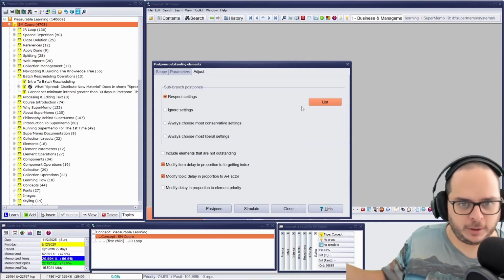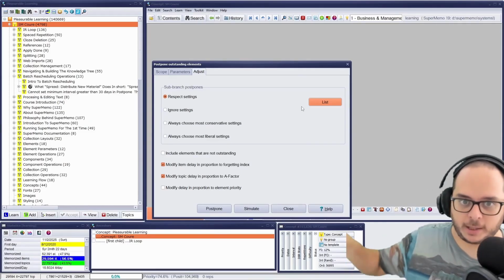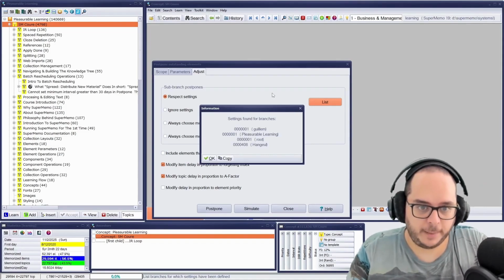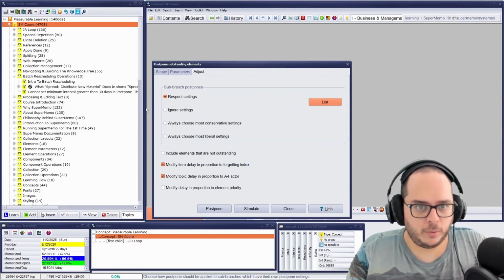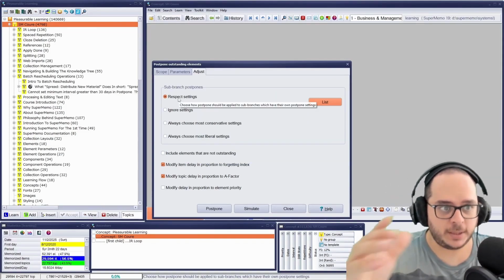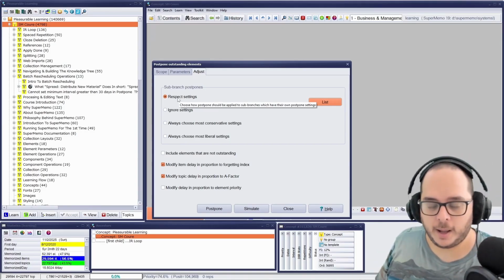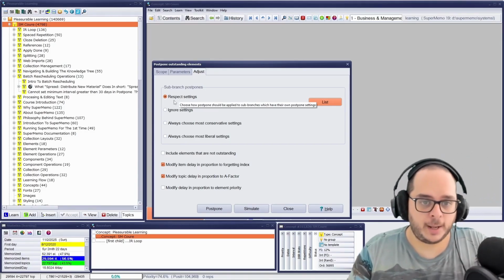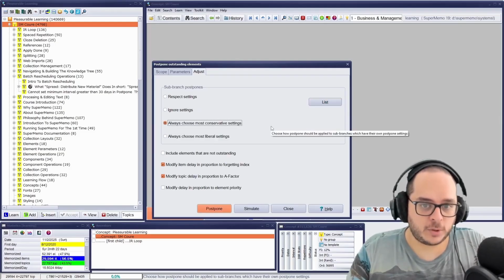Even if it's low priority, it will be more lenient. Or I will forget everything, right? So first you're going to click on the list to see what you have done already. Then in this case it's no, respect the settings, because if it happens that I have some Korean in the hierarchy, respect it. Or it can be dynamic: always choose the most conservative settings or the most liberal, the opposite.